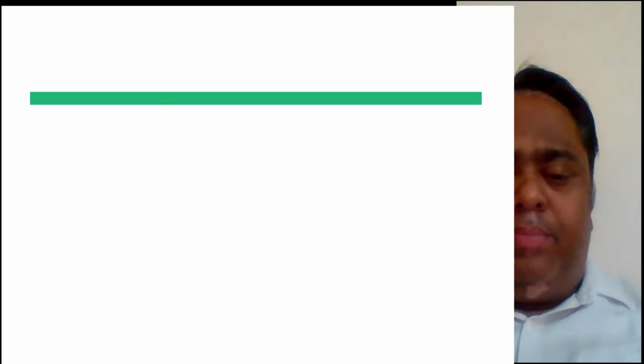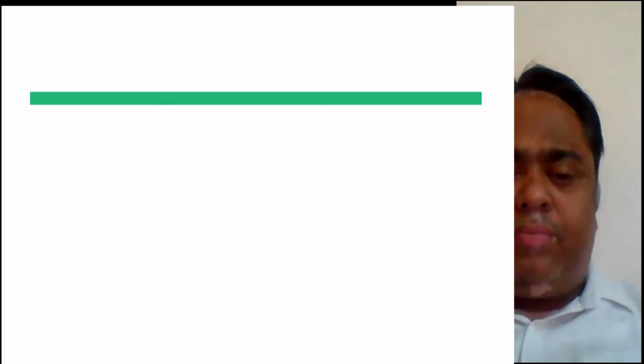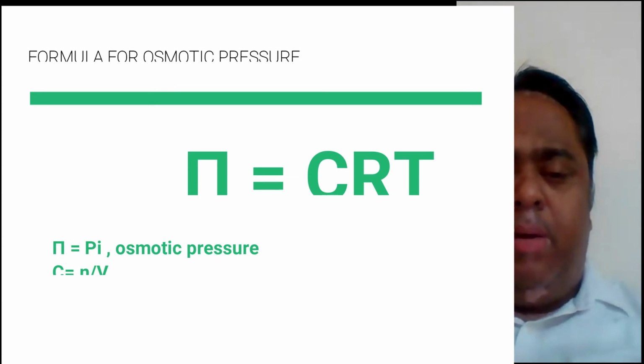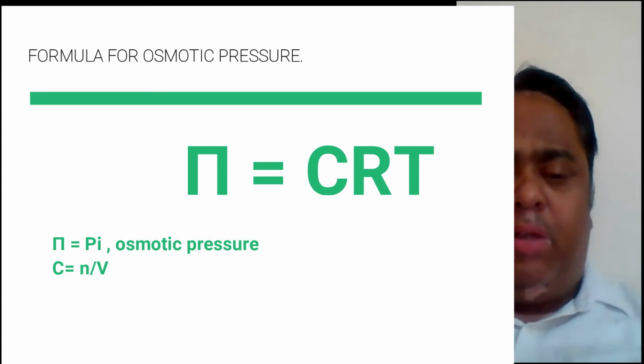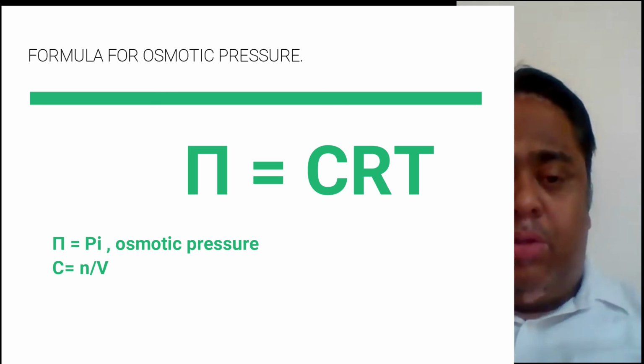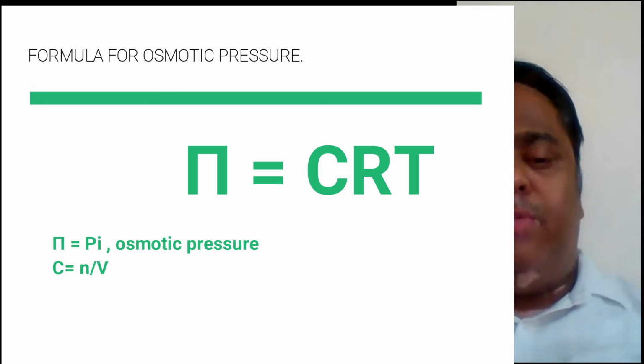The osmotic pressure can be found out just by using a formula which is similar to the equation of state. We know that PV is equal to nRT. Let us take P to be pi here, because here P is pi for the osmotic pressure of the solvent and not the gas. So pi being the osmotic pressure, pi into volume of the solvent is equal to the number of moles multiplied by the gas constant into temperature. So pi will be equal to nRT divided by V. In this way we can calculate the value of pi.